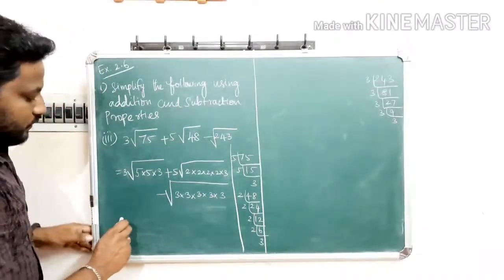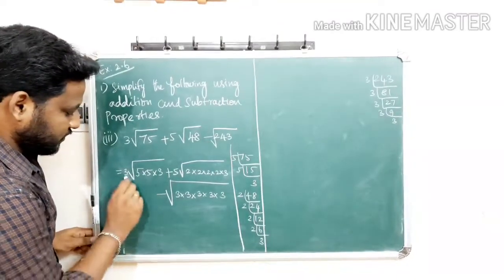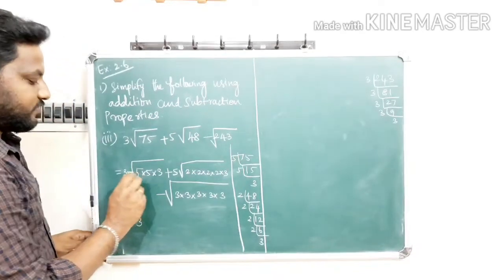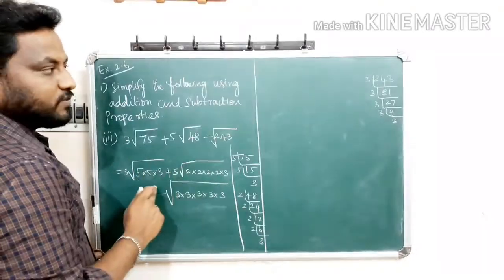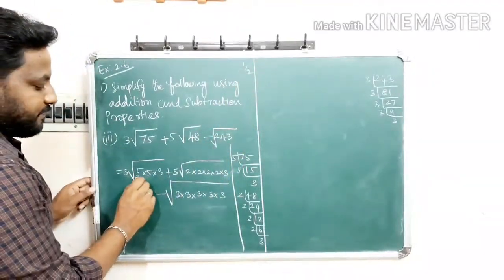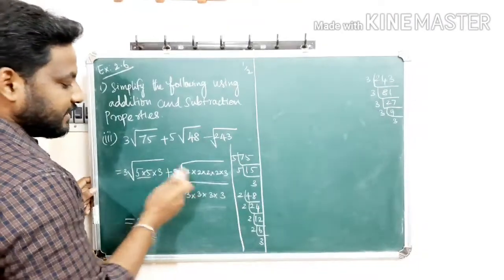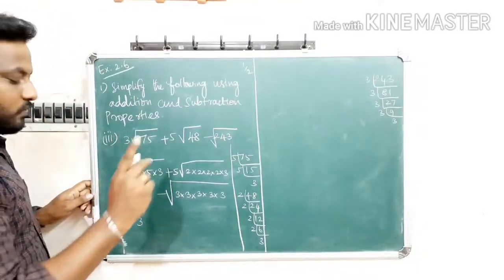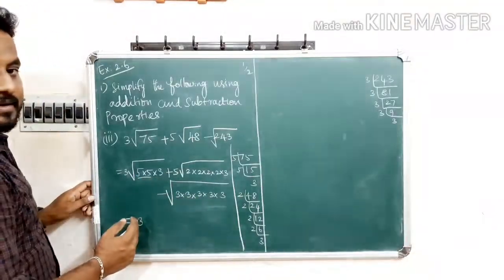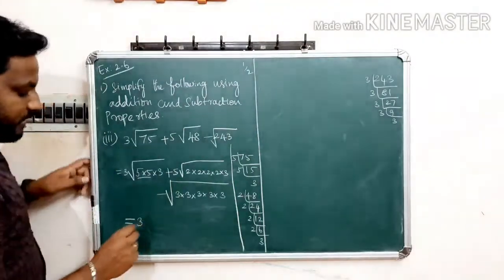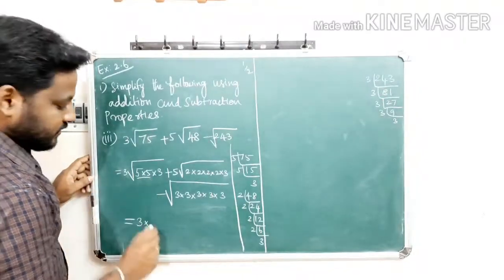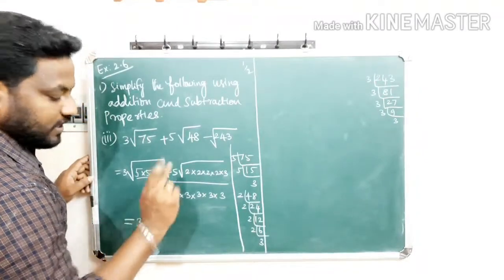Okay, so now, this is a square root, which means the power is 1 by 2. If a square number is inside the root, the same number repeated 2 times comes outside as one time only. So 3 into, here 5 2 times are there, so we take only 1 time, and then 3 only 1 time is there.